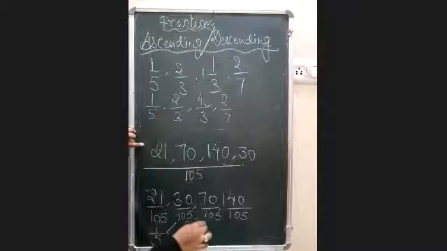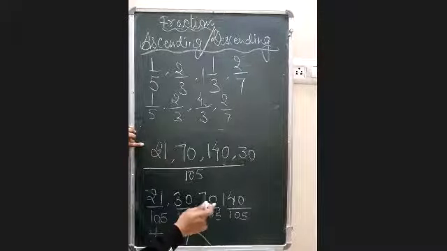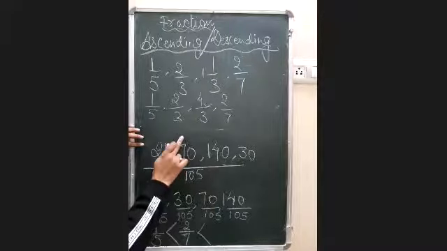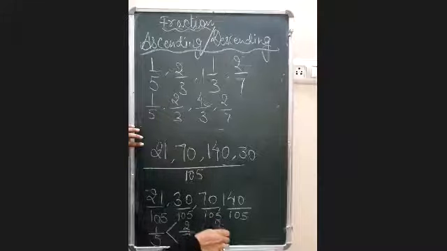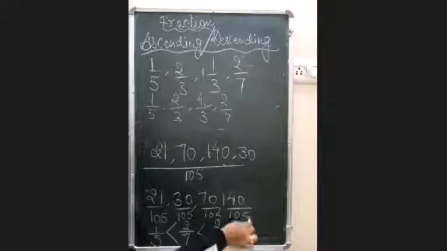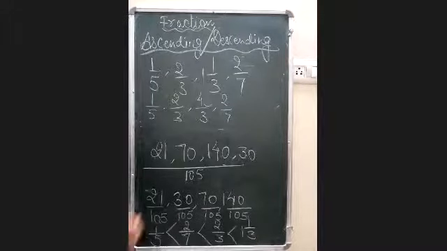Okay, next 70. 70 यहाँ पे आया. Second 70 number मिला कहाँ से था हमको? Second place से. Second place was of 2 by 3. So it is 2 by 3. Now again the last one, 140. 140 is the third number which came by 1 whole 1 by 3. So here it will be 1 whole 1 by 3.